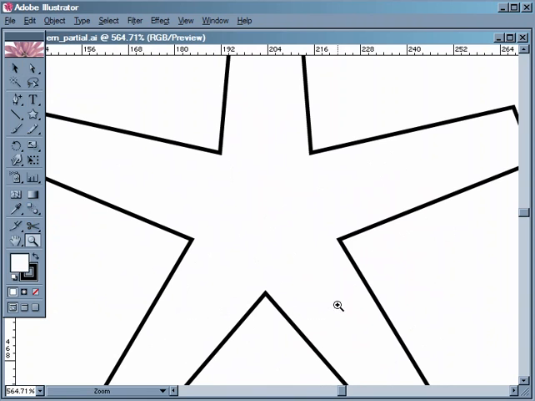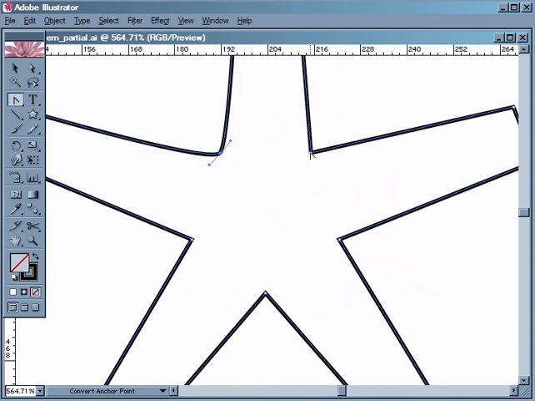So what we can do now is, if you look at this inner portion of the spoke, you've got a real point right here, and that's really not what we want on our overall tire rims. So if I click and hold on this pen tool again and go to the very last tool option, which is this Convert Anchor Point tool, with that selected, I can click and drag on one of these anchor points, and that's going to pull out that Bezier handle and round this out